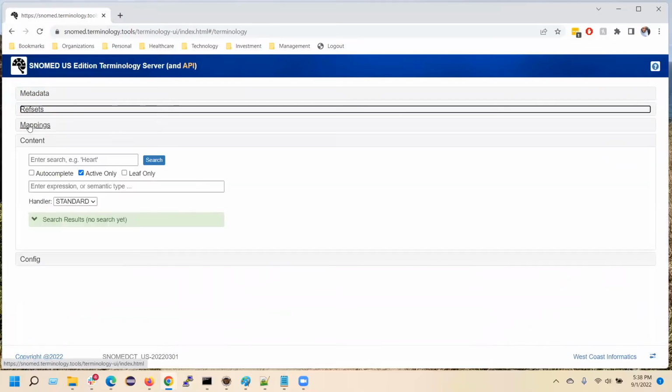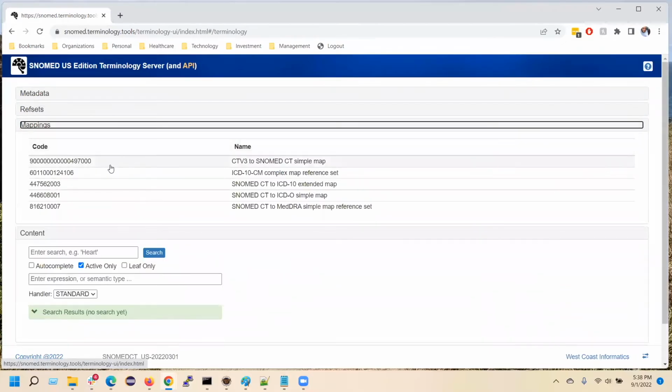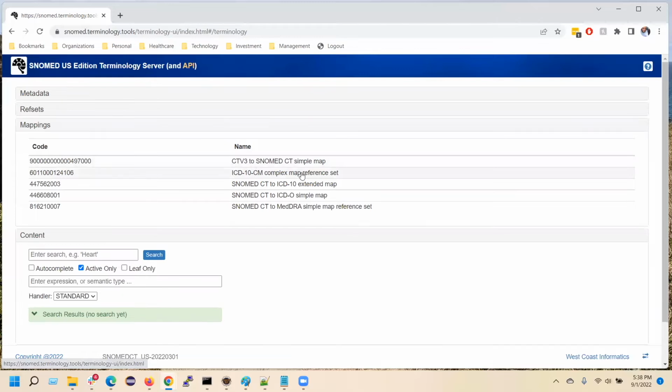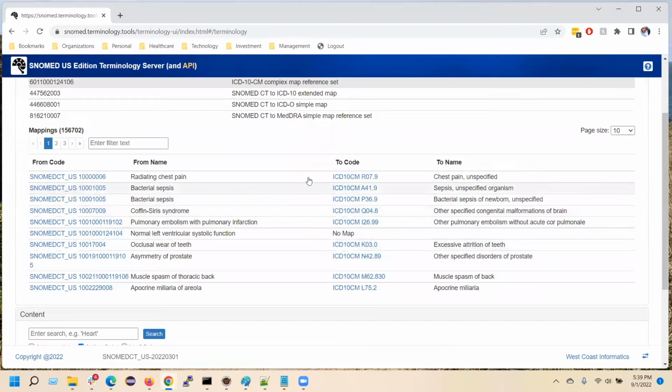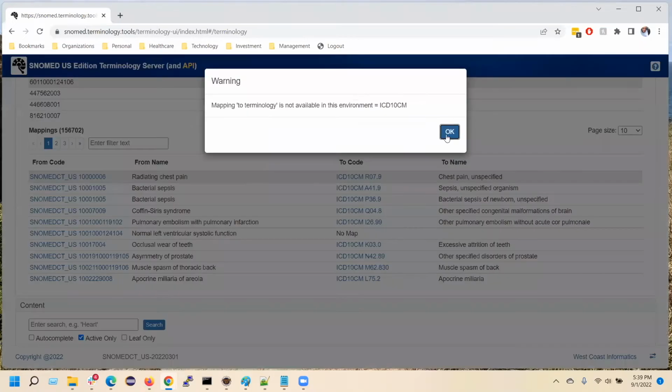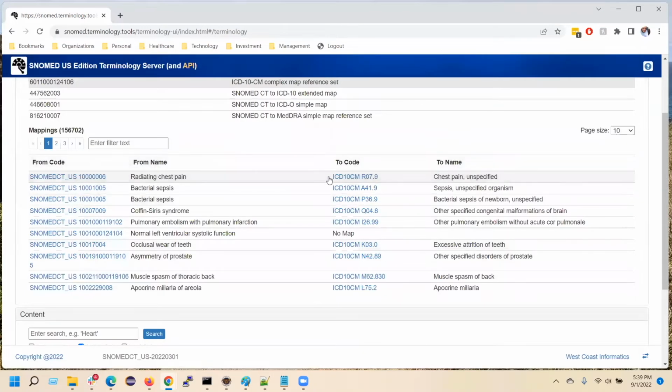The next tab here, or the next accordion, is maps. So these are map sets. SNOMED to ICD-10, for example, has the full mappings loaded, the extended maps from SNOMED concepts to ICD-10. Here, ICD-10 is not specifically loaded into this terminology server, but we have resolved the names so that the map makes a little bit more sense. And if you try to click on one of these, it'll explain that this is not actually loaded in this environment. Although it could be, this is a very configurable situation, this instance just happens to have only SNOMED deployed. And again, if you click on one of the entries over here, then it loads it in the concept view